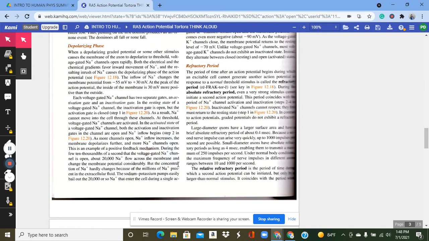Okay, so large diameter axons have a larger surface area and have a brief absolute refractory period